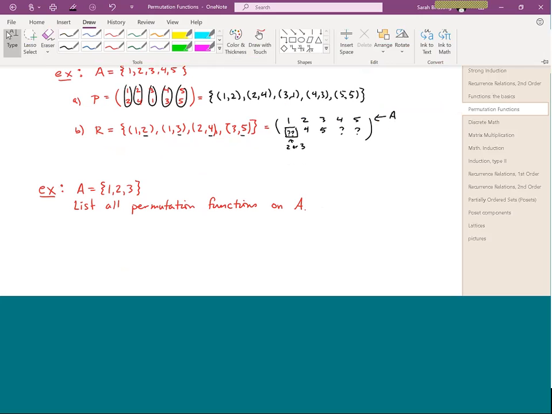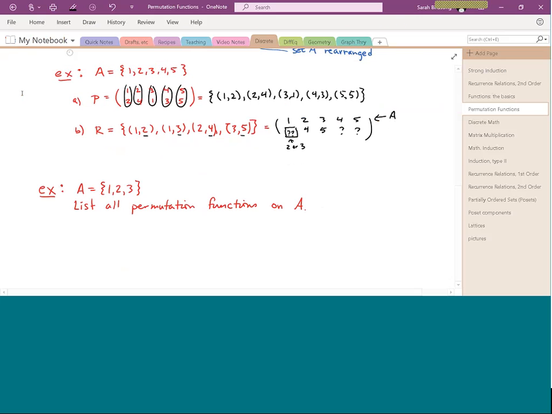So this next example says, all right, we've got the building set 1, 2, 3, so much smaller than the example we just looked at, and we would like to find not just one permutation function on this building set. We would like to find all of the permutation functions on this building set. So if we go and look for all the permutations on this building set, here's one of the things you can start with. You know for sure with any permutation function on our building set A, if you put